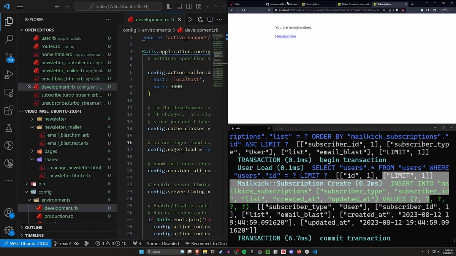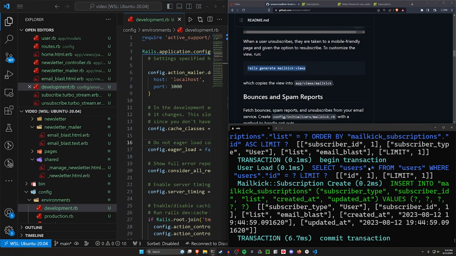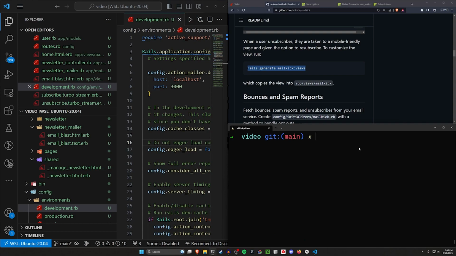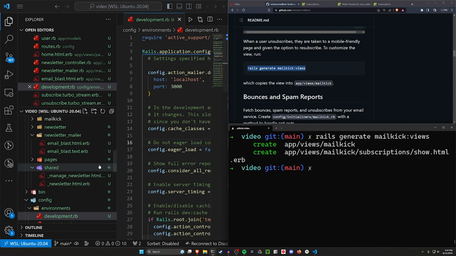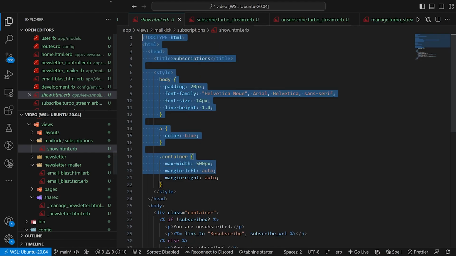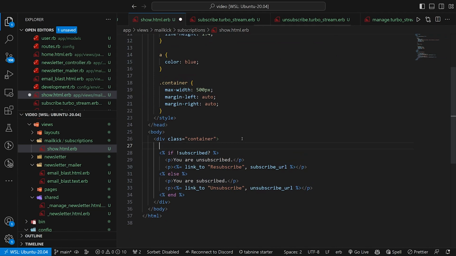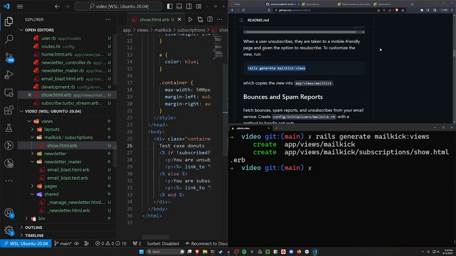If you ever want to customize this, I believe there's a way to generate these with the rails g mailkick:views command. So let's go ahead and do that. Rails g mailkick:views, and then you'll see a mailkick folder with a show action inside of it, which is an entire HTML file that has the subscription stuff in there. So we can say test case donuts in here if we want to, save it, and this will now display